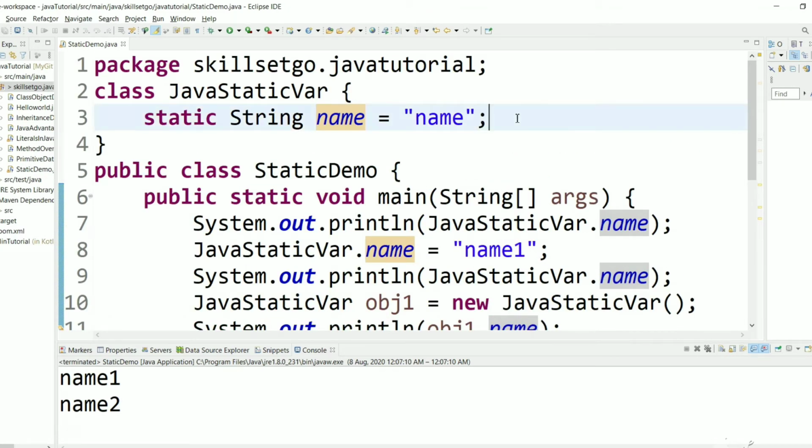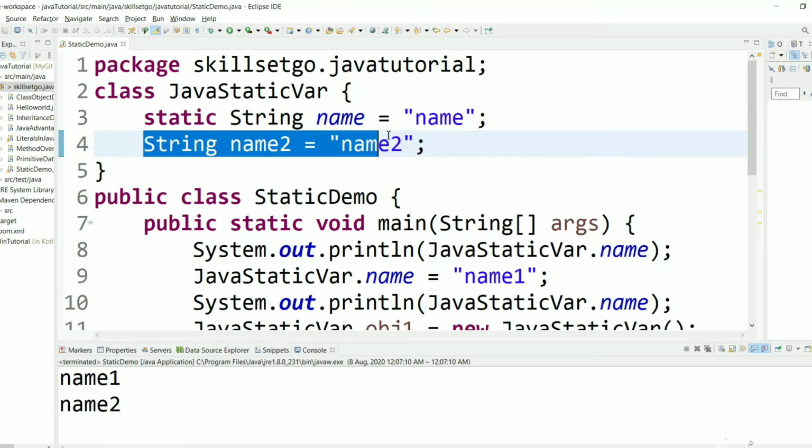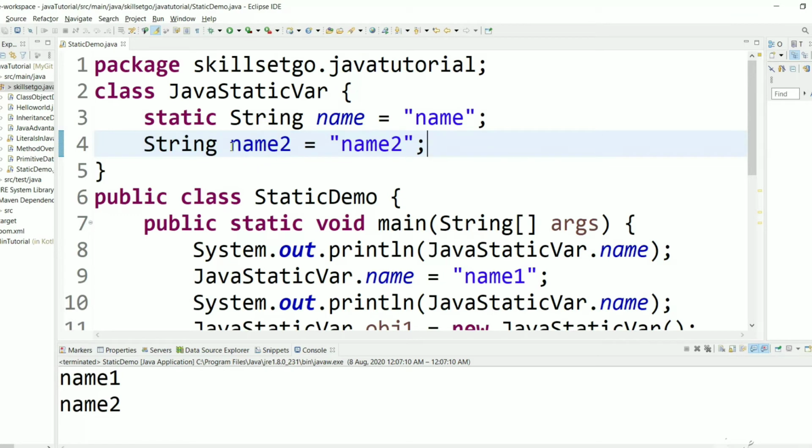And suppose you have a variable name which is name2, let's say any value here, and now this is not a static variable and we can't access or change the value of this variable using the class name.